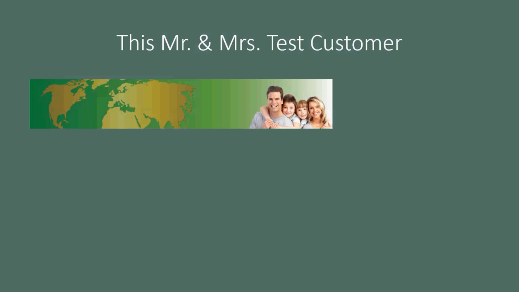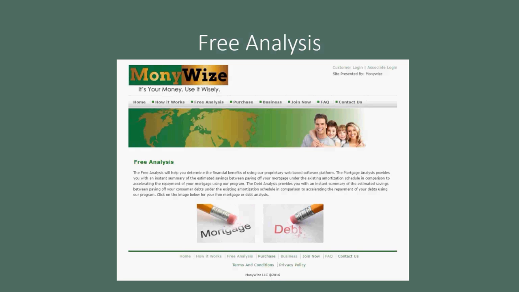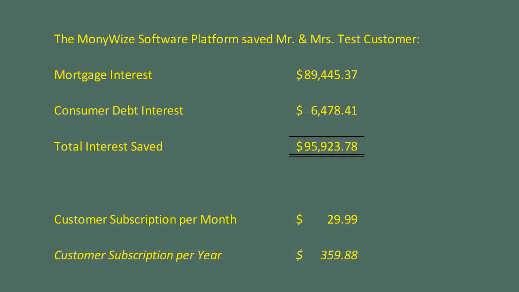Previously, we used the example of Mr. and Mrs. Test Customer. We had them complete a free analysis. They looked at their mortgage and their consumer debts on the platform, and based on the data provided at that time, the mortgage interest would be reduced by $89,000. The consumer debt interest would be reduced by $6,400, and the total interest saved would be